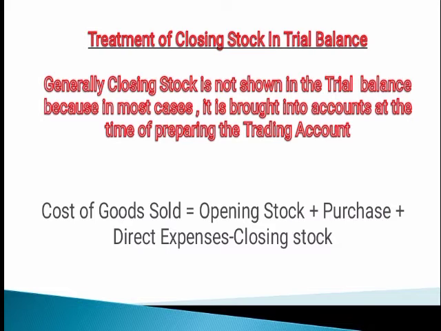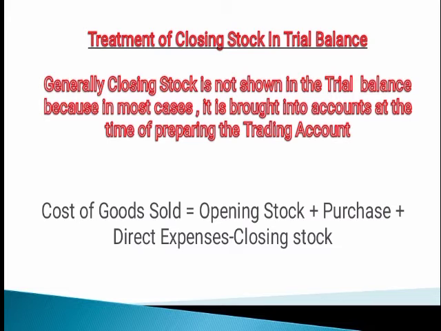But if in the question the cost of goods sold has been given, and the formula has been displayed over here on your screen, you can see that cost of goods sold includes opening stock, purchase and direct expenses, and it excludes closing stock. So while preparing the trial balance, if we are mentioning cost of goods sold, then there is no need to show opening stock, purchase and direct expenses separately because they are part of cost of goods sold.